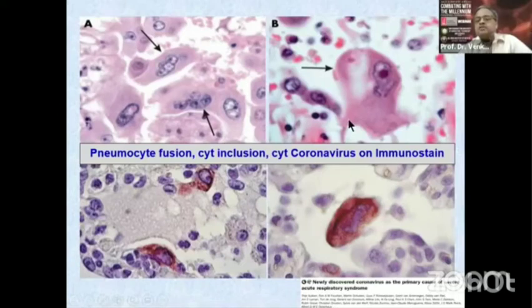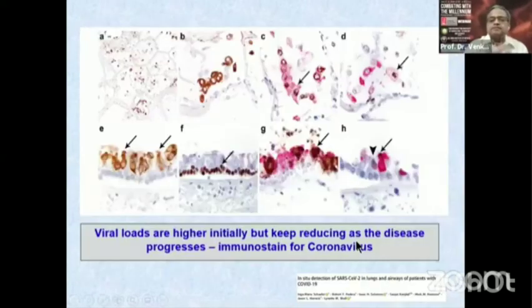Now, the viral inclusion can sometimes be seen in the cytoplasm. Don't mistake the reactive changes in the nuclei, which are always reactive. The virus is a cytoplasmic virus. You can do immunohistochemistry or in situ hybridization for the virus, which shows its presence in the cytoplasm of these affected pneumocytes and giant cells. Other antibody immunohistochemistry and in situ hybridization show that early in the disease, there is lots of virus being found in the lung. But as the disease progresses, there is more of inflammation. The amount of virus levels in the tissues actually comes down.